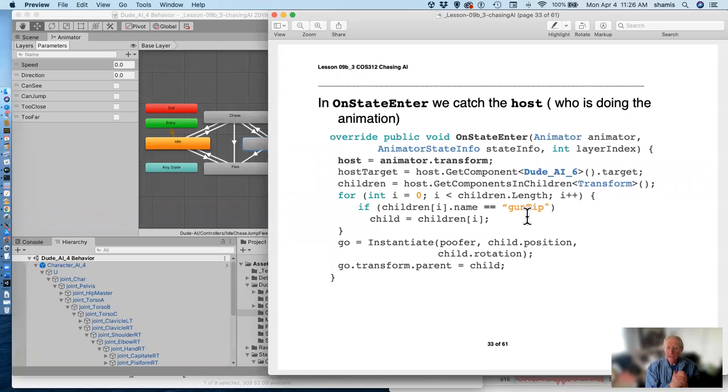So in OnStateEnter, the first thing I need to do is get the host's transform. So this is animator, comes from this argument, animator.transform. So that's the AI that's doing this state. I access its